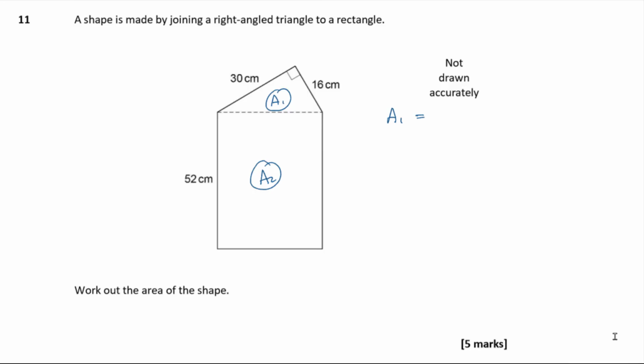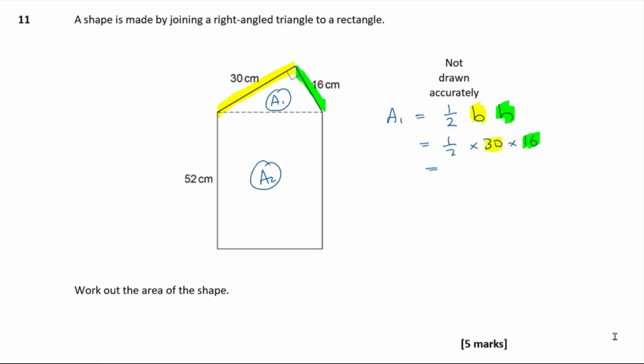Area 1 is a triangle, so triangles normally have an area of half base times height. Now, base doesn't have to be the one on the bottom. Just your base and height need to be at right angles to each other. So I can use this side here as the base, and I can use this side here as the height because they are at right angles to each other, and so that would be perfectly acceptable for finding the area. So then that is going to be a half times 30 times 16, just subbing those values into my equation,